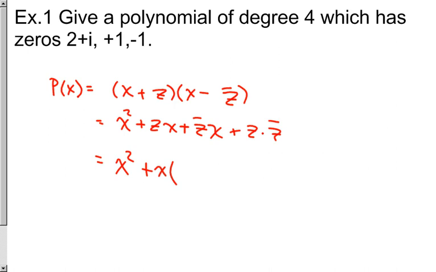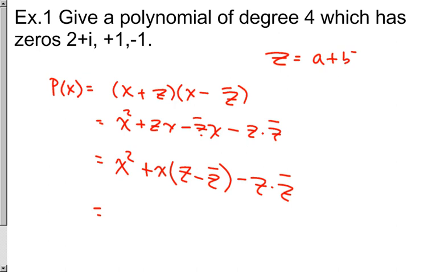So if I subtract that, what do I get? If I factor out z's, I get z minus z bar minus the product of z and z bar. We know z is, as defined in the question, any complex number. So it could be written in terms of a plus bi, where a and b are reals. So expanding this out, I get x squared plus this minus that is a plus bi minus a minus bi, which will give you